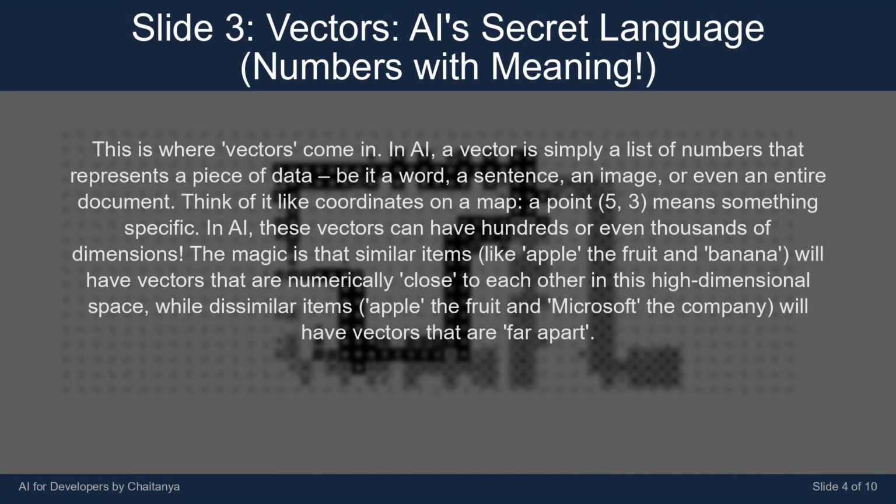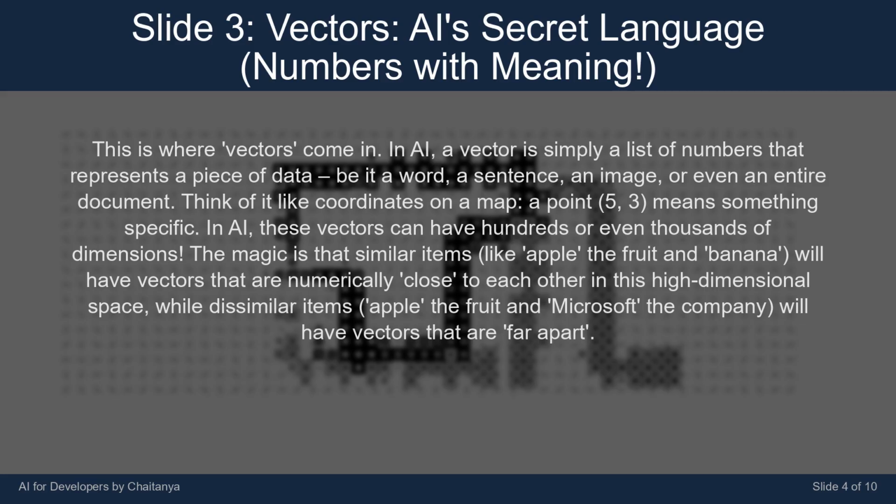This is where vectors come in. In AI, a vector is simply a list of numbers that represents a piece of data, be it a word, a sentence, an image, or even an entire document. Think of it like coordinates on a map. A point, 5, 3, means something specific. In AI, these vectors can have hundreds or even thousands of dimensions. The magic is that similar items, like apple, the fruit, and banana, will have vectors that are numerically close to each other in this high-dimensional space, while dissimilar items, Apple, the fruit, and Microsoft, the company, will have vectors that